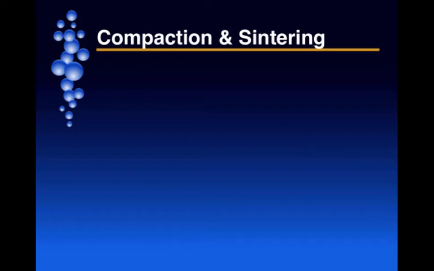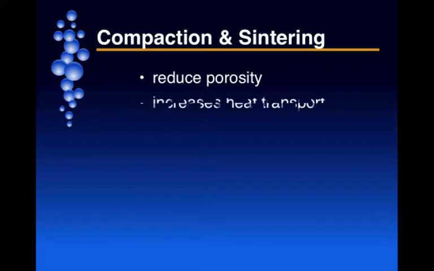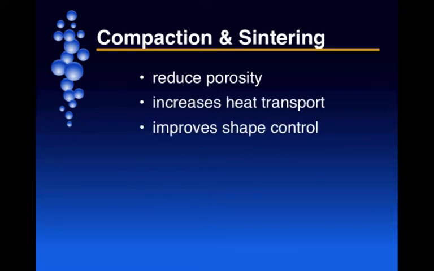On the one hand, properties improve with density. On the other hand, properties reduce with grain coarsening. And so you've got to find a balance. It's an optimization problem. Of course, if you compact the material and you sinter it, then you can reduce the porosity, you can increase the heat transport,